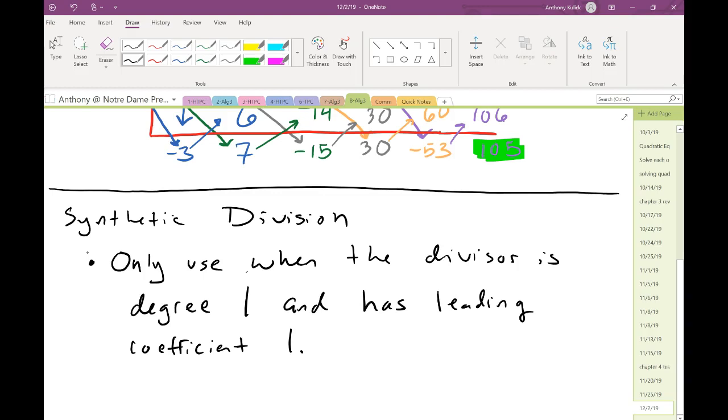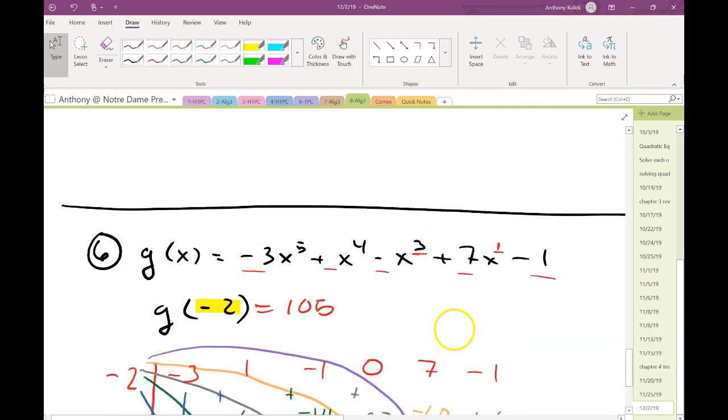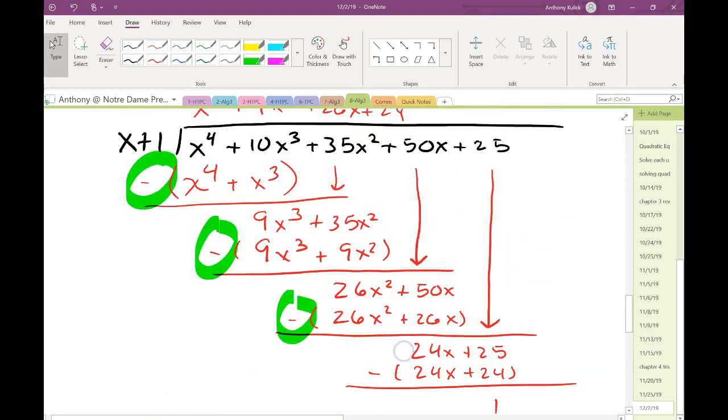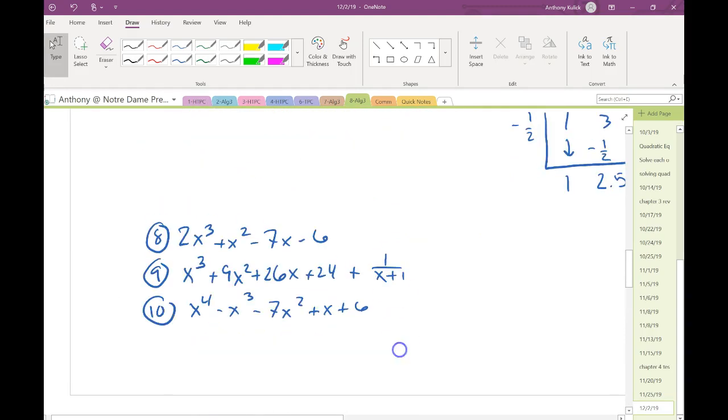And then we show you the synthetic division that works only in special cases, specifically when the leading coefficient of the divisor is 1 and the degree of the divisor is 1. So if we go back and look at the problems from the sheet that we just got done checking, for 8, 9, and 10,